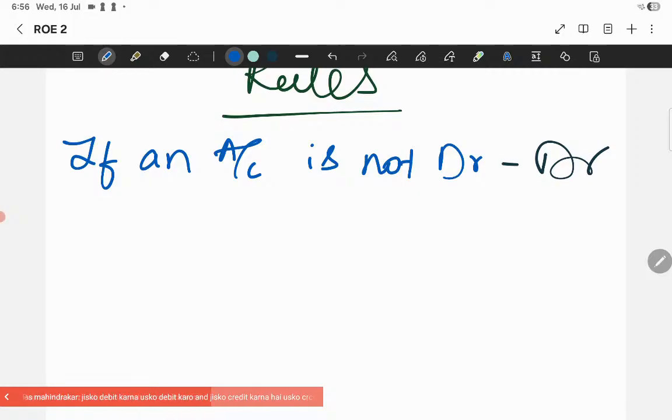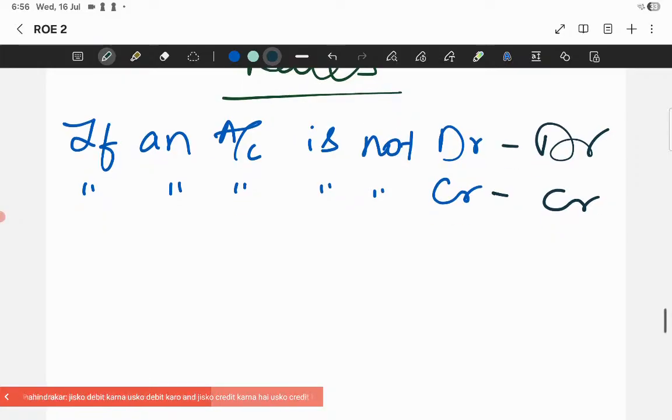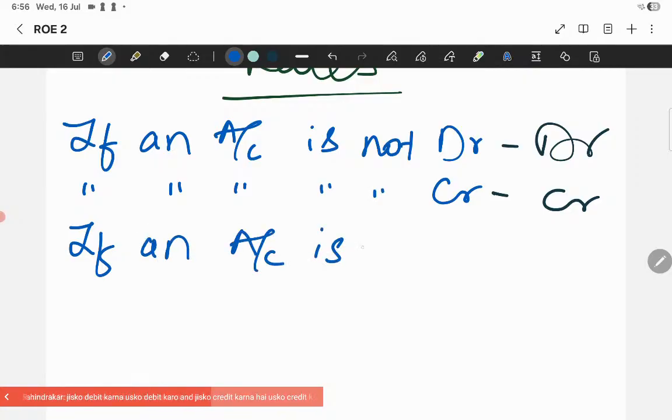Next, if an account is not credited, then it has to be credited. Then next is, if an account is